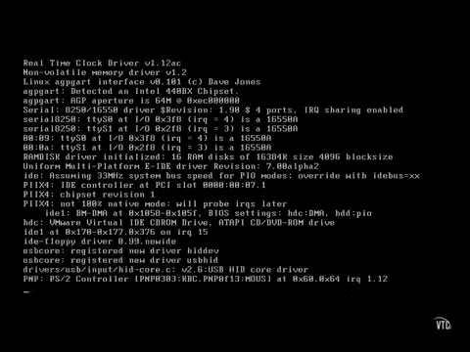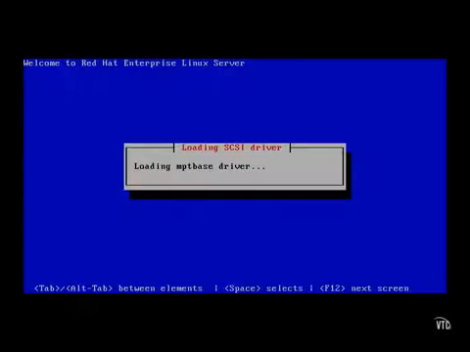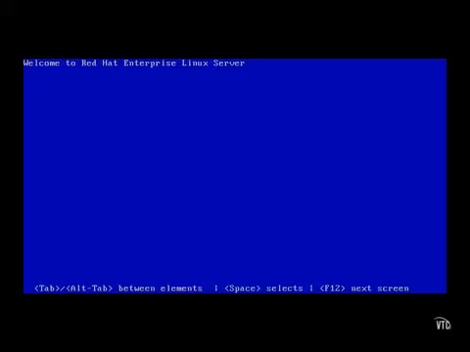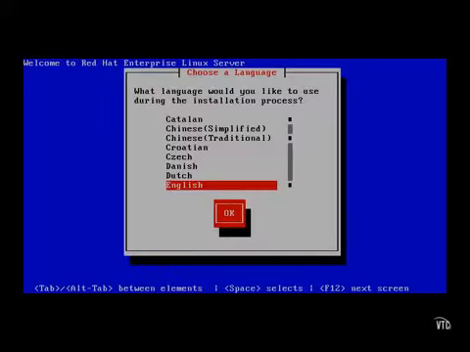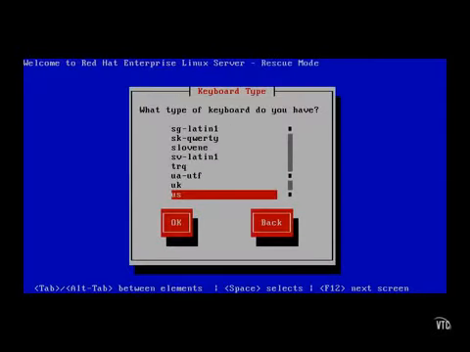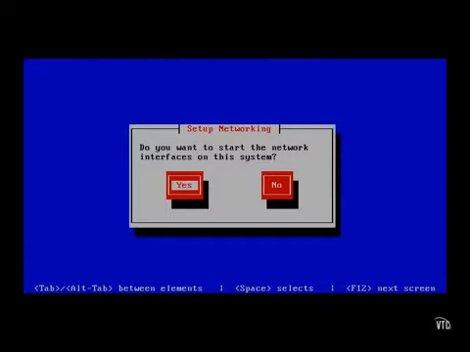In a moment, we'll choose a language, followed by a keyboard type. And there it is, in text mode. We choose a language, and look at that. On top of the screen, we see we're in Rescue Mode already. Well, sort of. We select a keyboard type, and while it's not required to set up networking, you should, because there may be